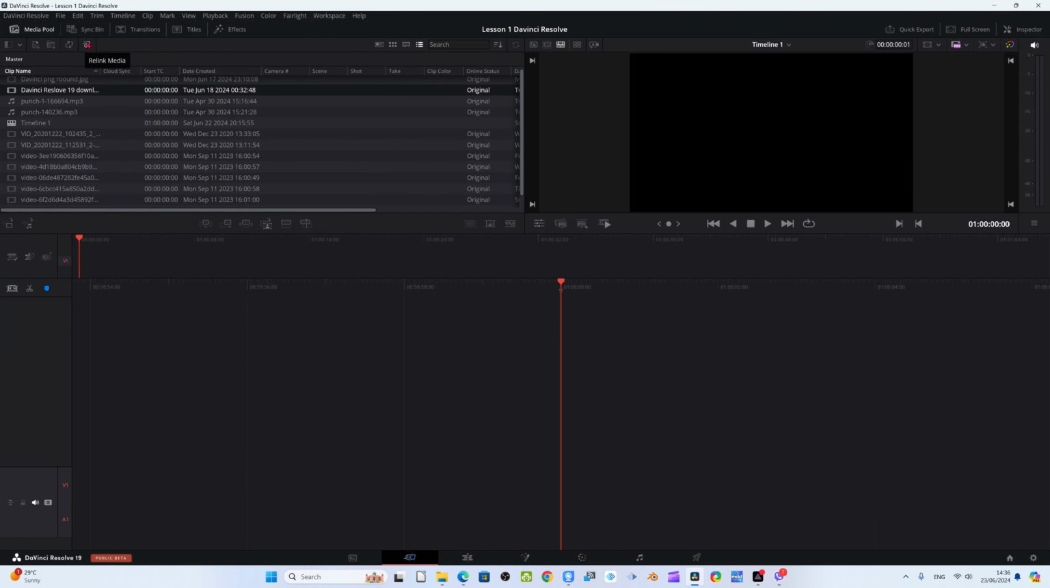If you delete the media anywhere in your desktop or computer, in E drive or D drive, in that case, DaVinci Resolve can't relocate where your media is located. Once you shifted media from one folder to another folder in your computer, so once you click